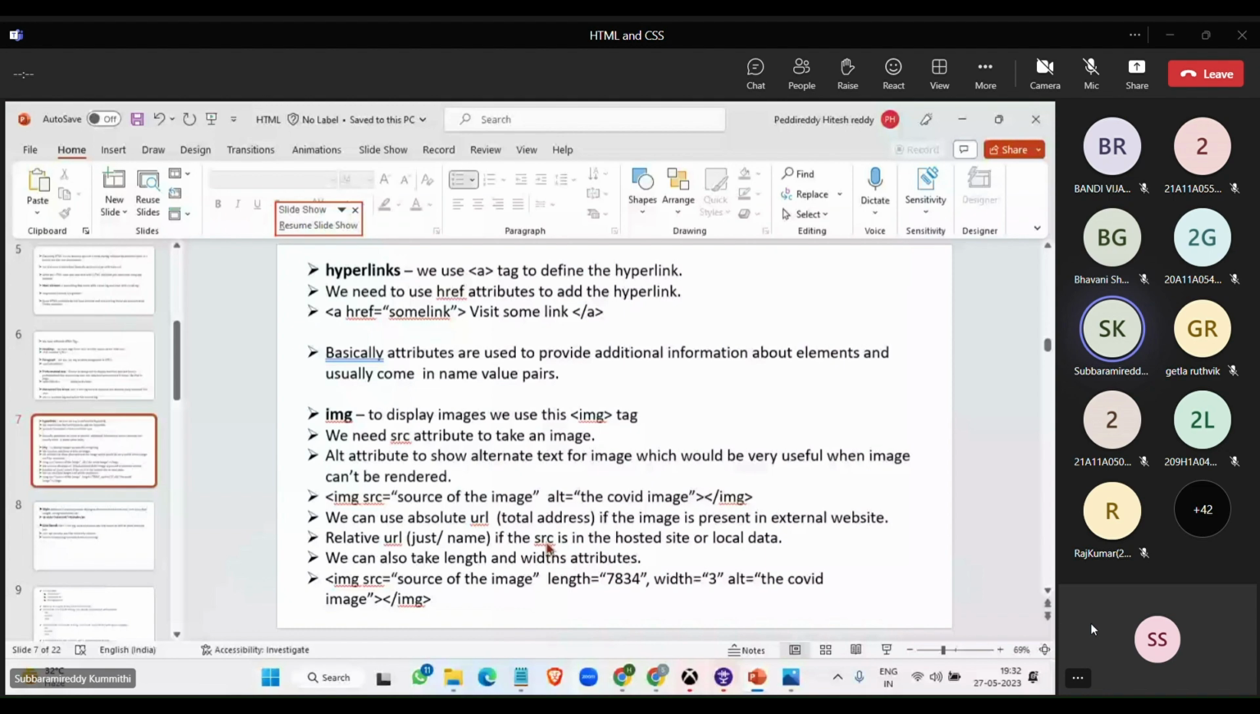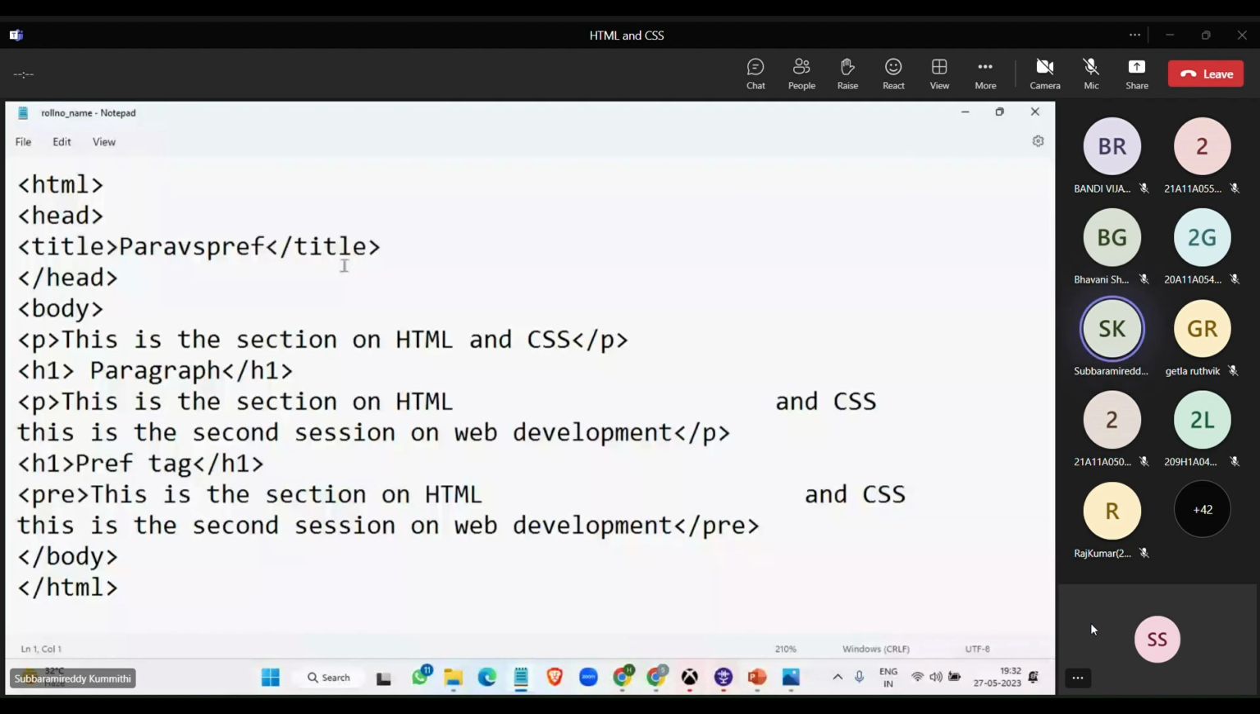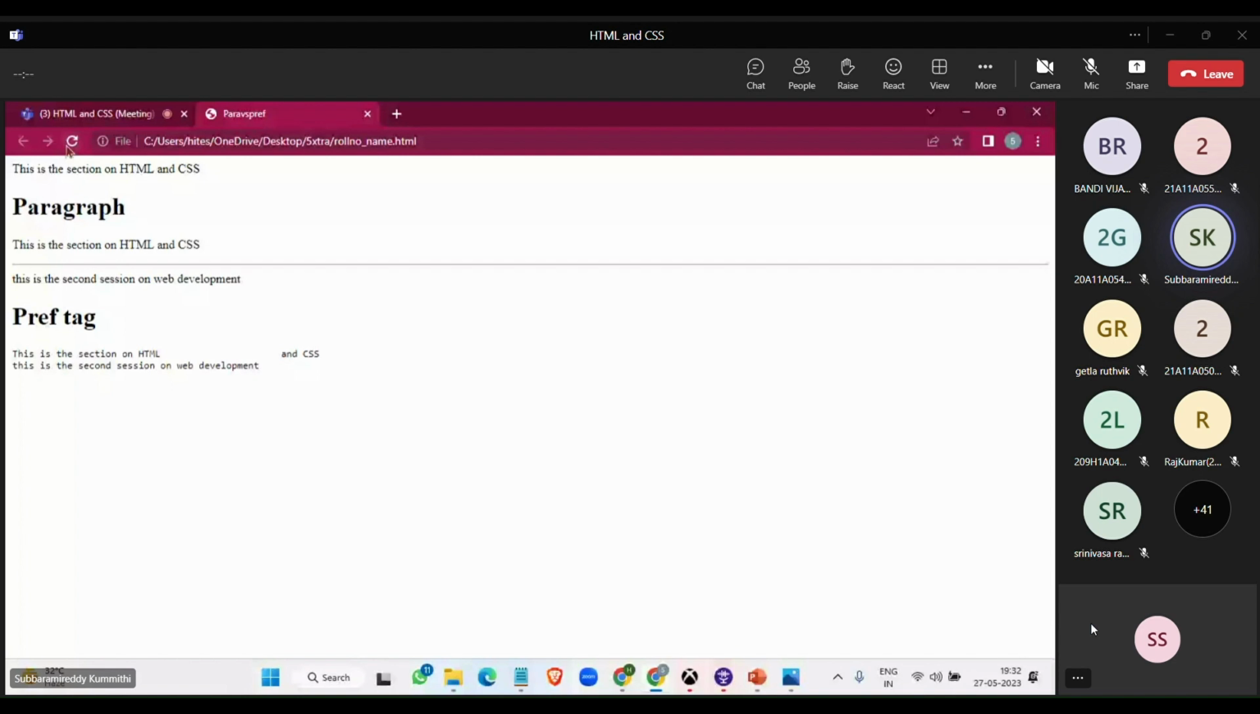Let me explain the HR tag now. Here we are not getting the next line, right? If I use the HR tag here, we don't have to close the tag. That's okay if we don't close the tag also. See, we have got the horizontal line